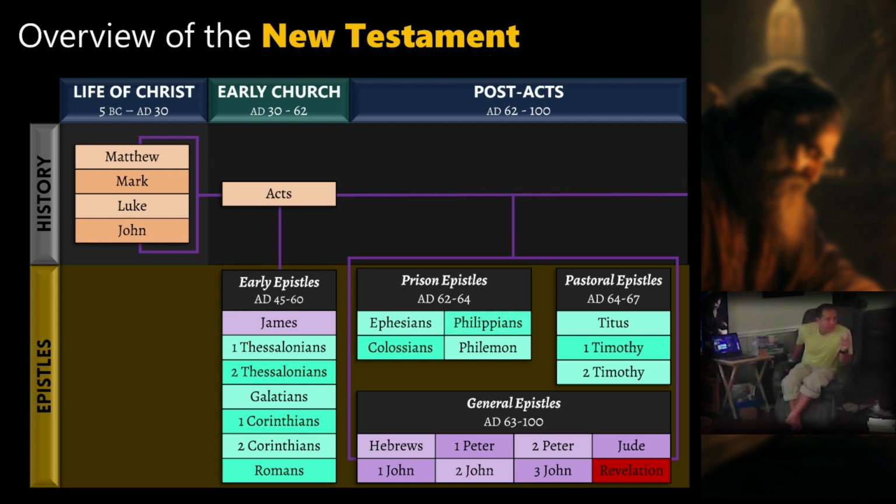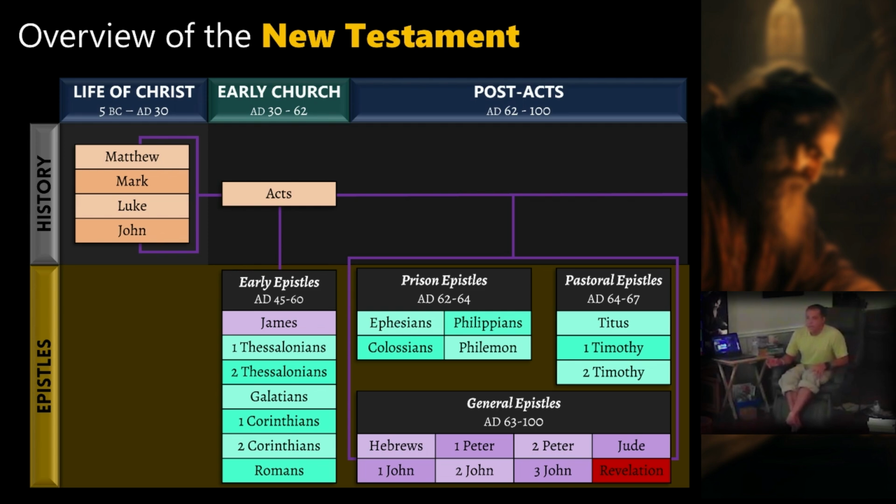Because during Paul's 2-year imprisonment in Rome, he writes 4 books: Ephesians, Philippians, Colossians, and Philemon. Right? These 4 books are written around the same time period, and if you actually read these side by side, you'll actually notice a lot of very similar things that he's addressing. You can tell that he wrote these very close together, like his mind was on the same thing. Right? So he's writing these from about AD 62 to AD 64. And then,